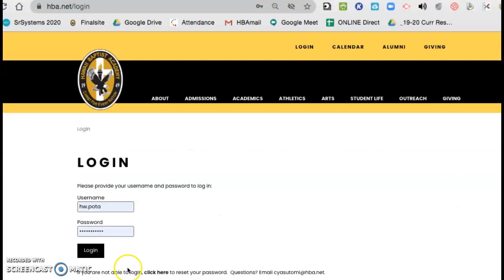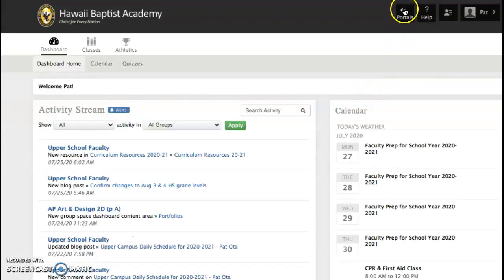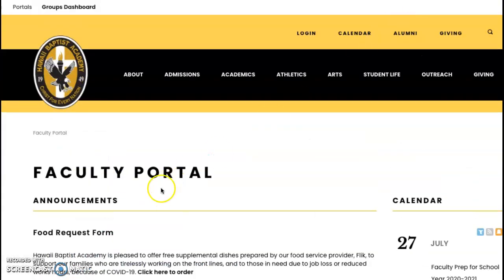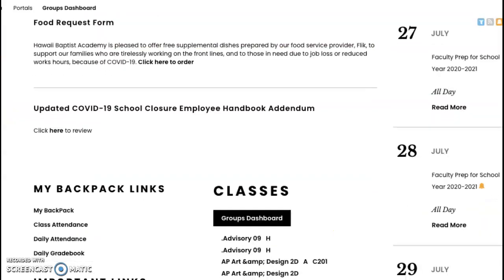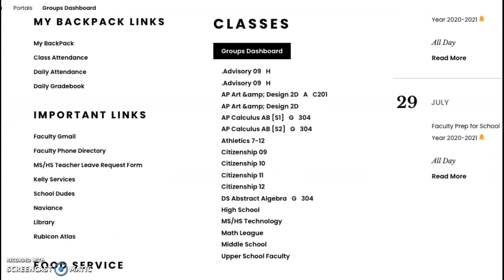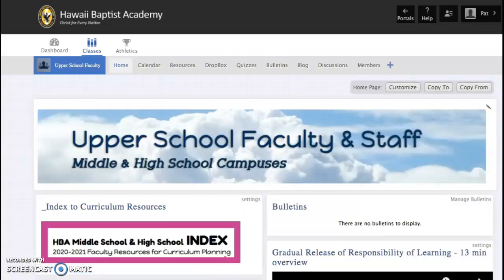So first you log into Finalsite and then navigate to the faculty portal and then scroll down to classes, and the last class on my list is upper school faculty. Click on that. This page has a shortcut to the index of resources that I'm going to show you later on. And if you click on calendar,